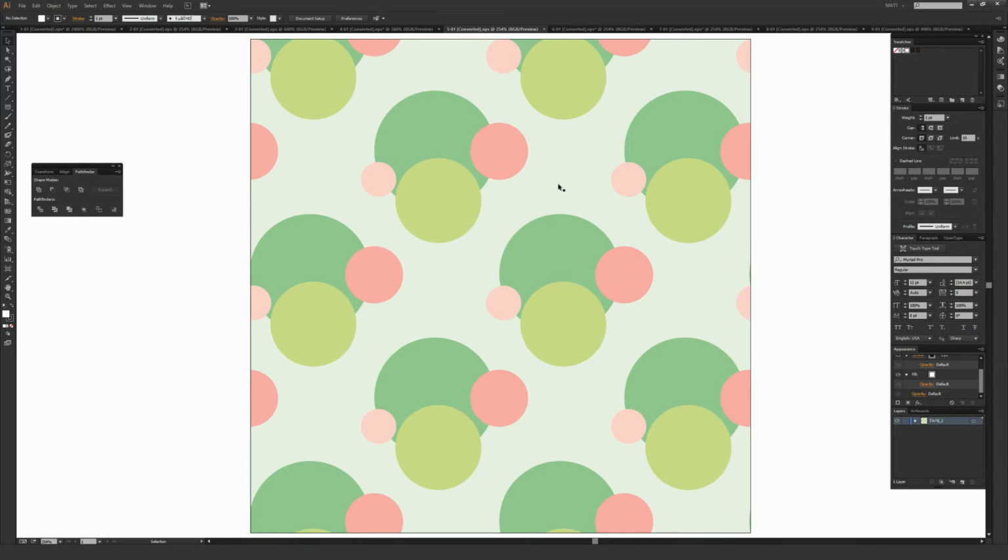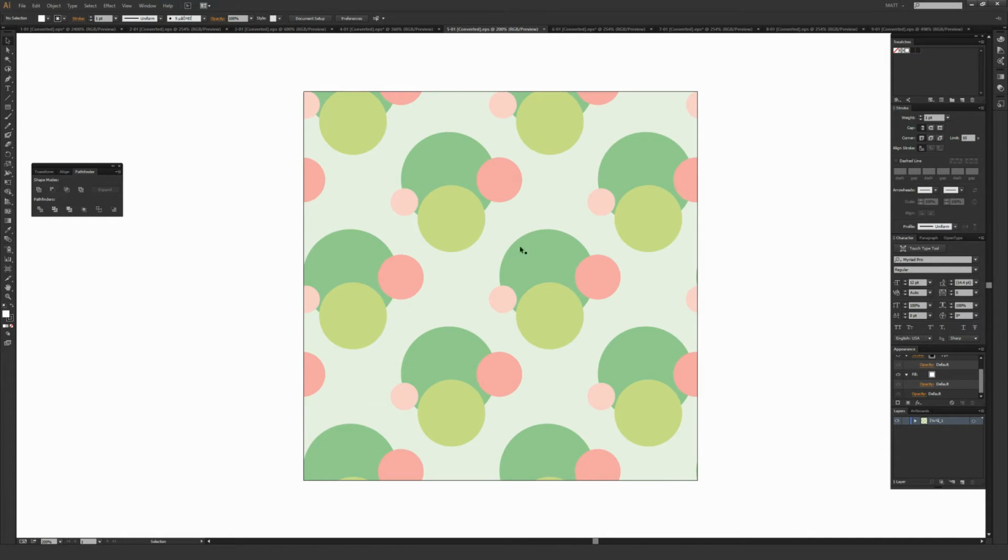So there are 2 different repeating patterns in the set that aren't based on plant life in general. This is one of them, which is more of a dot pattern. It's a very simple execution right here, but it is a nice repeating pattern. So if you want something a whole lot more simple than the plant life ones, this one might be a